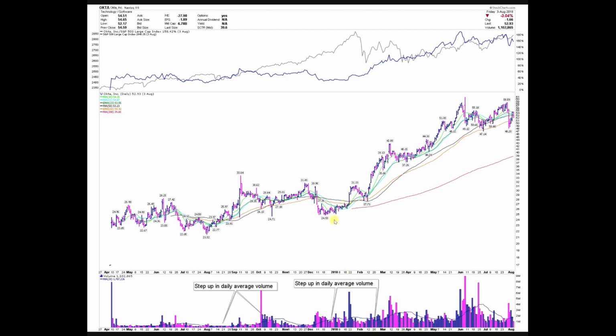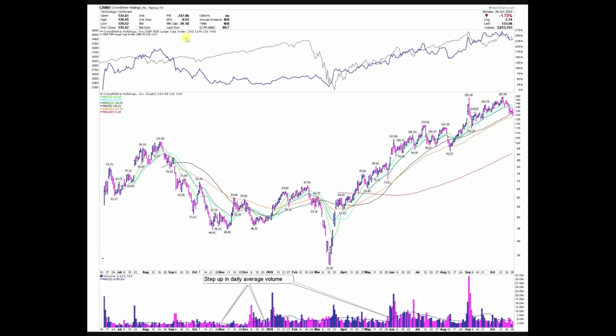Another example that we could go over, in the same space and around the 2020 timeframe, is CrowdStrike. If we compare the volume from October to December on an average basis with the volume from December to February and from May to July, there's a substantial cluster or increase in daily average volume. That volume is not created by you and me. That is institutional volume, a step up in daily average volume showing up on the charts.